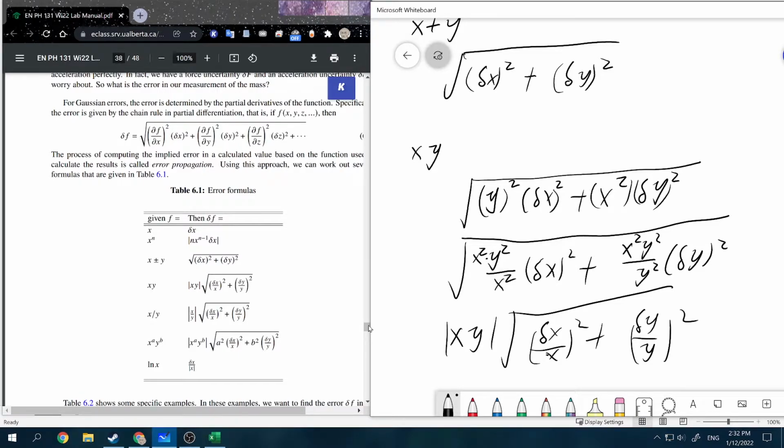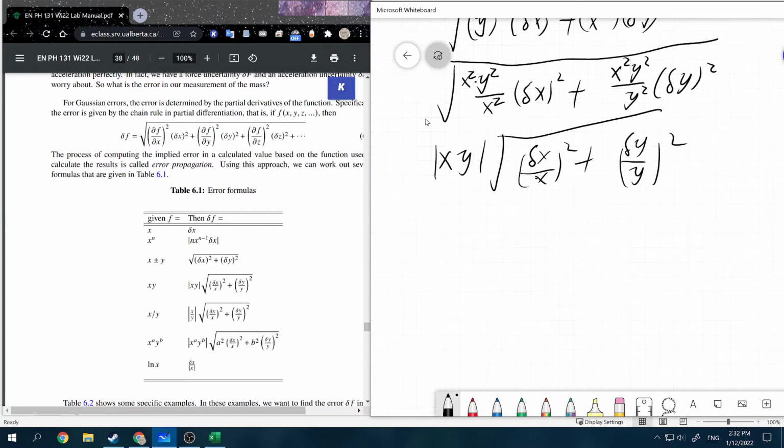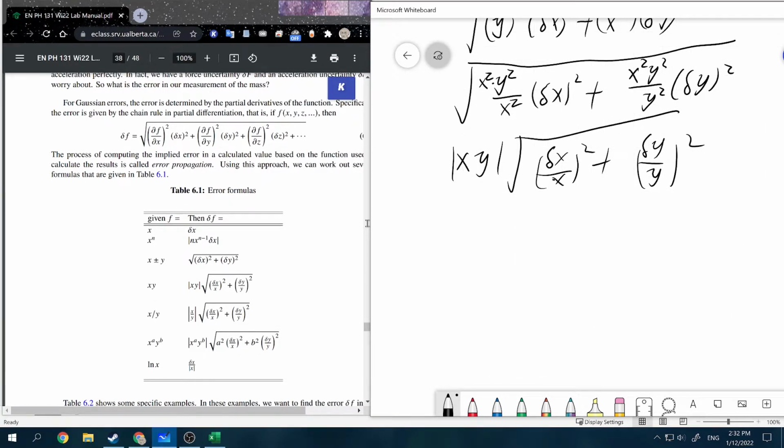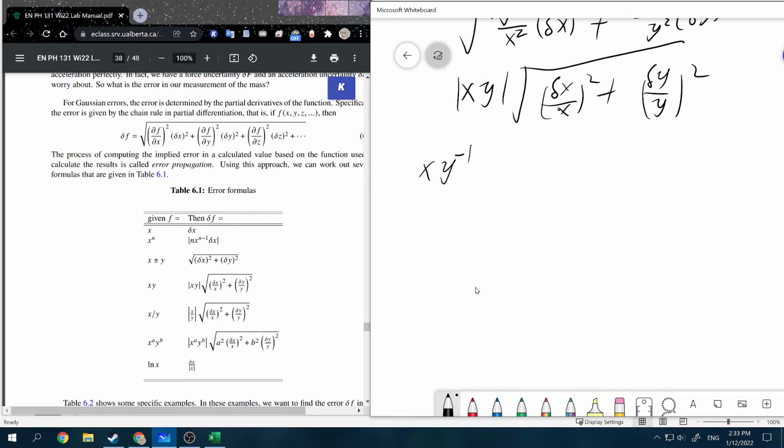You see, you can apply the master formula to this one in order to get that. And this one is, x to the y divided by y in the denominator just equals y to the minus 1. So why don't we do this one, x to the power of a and y to the power of b? Why don't we take this one and apply the master equation to it,